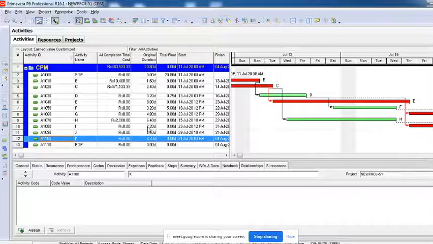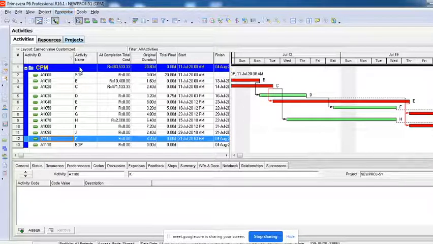I can again create a code, assign the values to the activities, and then group them, so that you can focus only on the activities which you want. Do you understand? Or by type of work, carpenter's work, mason's work, bar benders' work, you can group them, and just click on that particular work, and you'll be able to find only those particular activities, right?